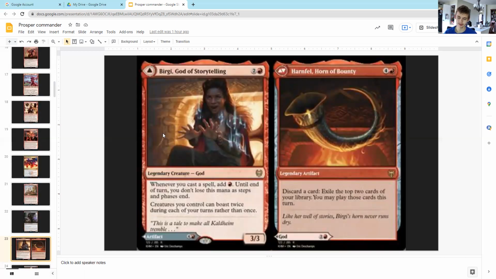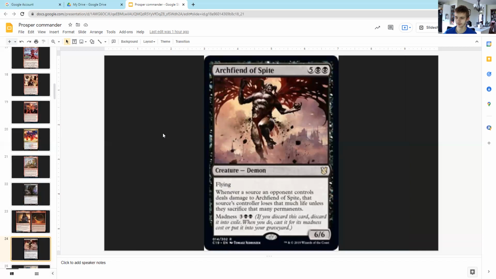Bergie has storytelling on one side. For one, when we're casting our spells, it helps us with mana. And if we have creatures that can boast at all, they can boast twice rather than once. But more importantly, on the other side, we have Hornfell, Horn of Bounty. So we can discard cards to it to allow us to exile cards from the top of our library and play those cards. So if something in our hand is useless, like lands that we don't need, we can just discard them. Archfiend of Spite,